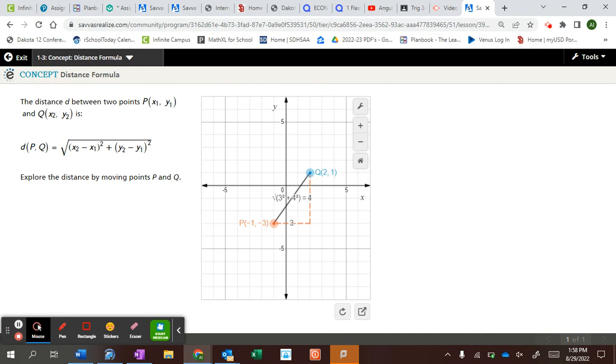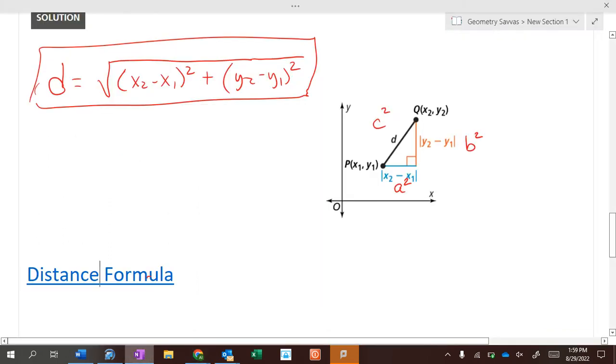So if I have the points, oh, I can't write on this. -1, -3, and 2, 1. I'm going to jump back to this. -1, -3, and 2, 1. If I have those 2 points and I do the distance formula,